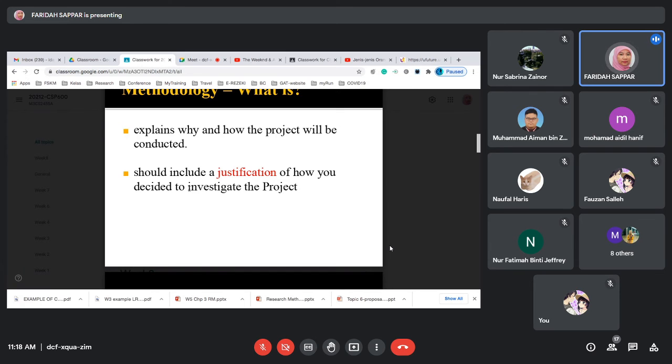So at the end memang student tu mengaku, dia bayar untuk somebody tolong buat untuk dia. So memanglah kita failkan je lah. That is plagiarism lah kan, outsourcing. Outsourcing tak buat sendiri, bukan effort sendiri. That's why it's very important that you buat earlier. So if there is a problem you discuss dengan supervisor, and then supervisor akan discuss dan give the